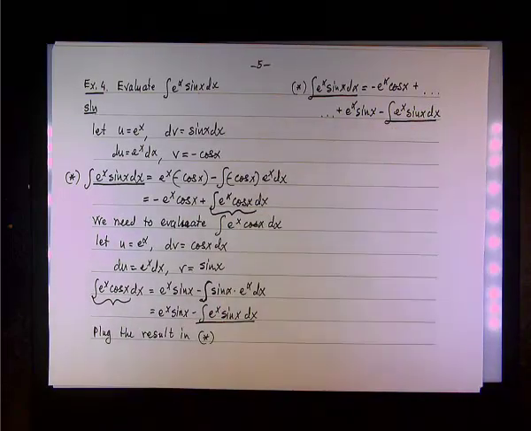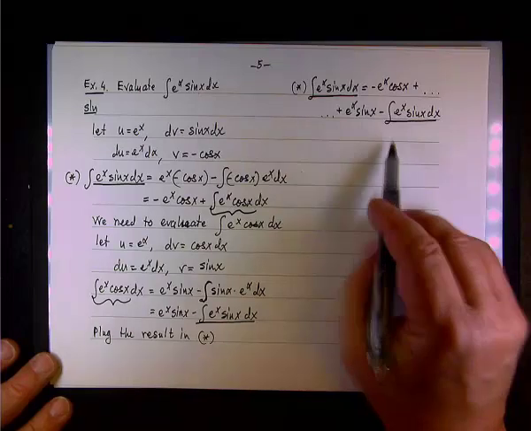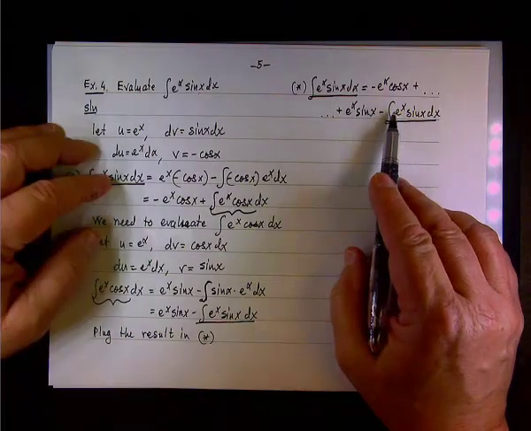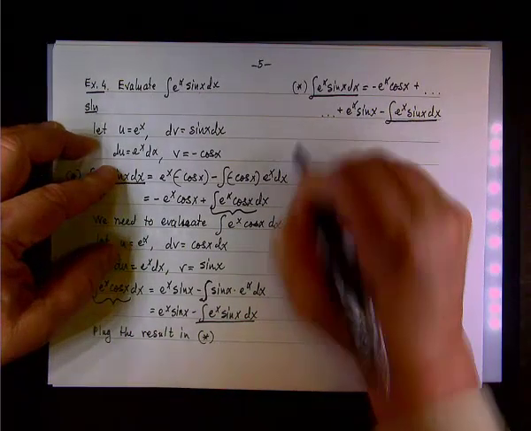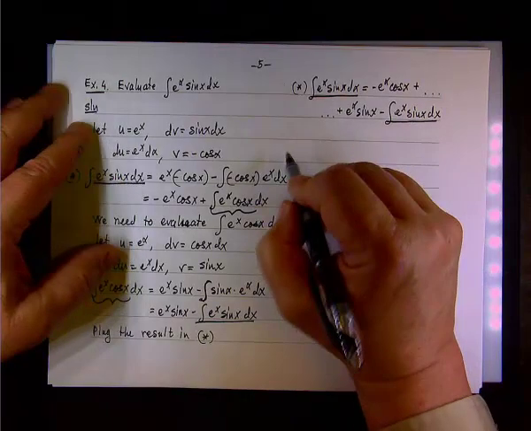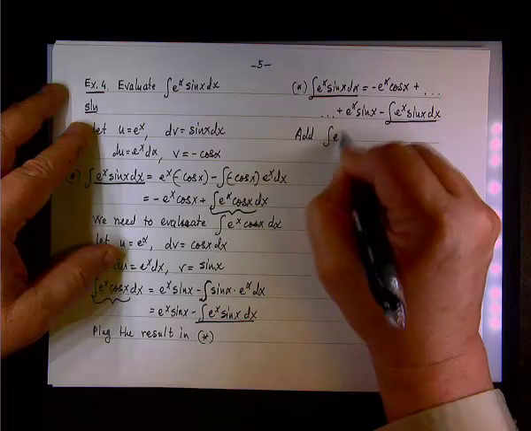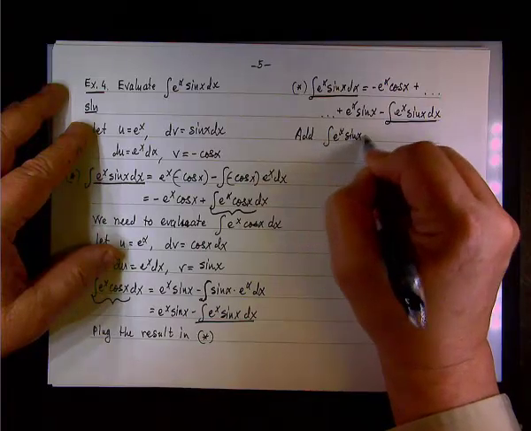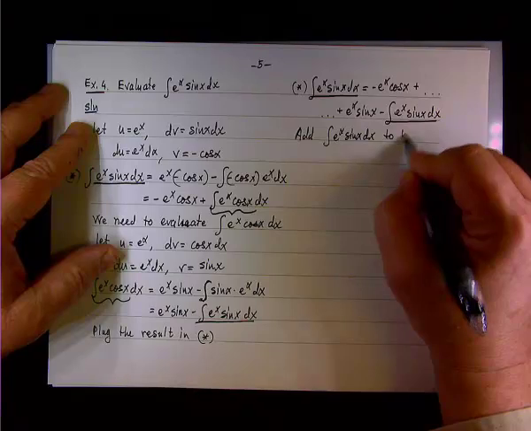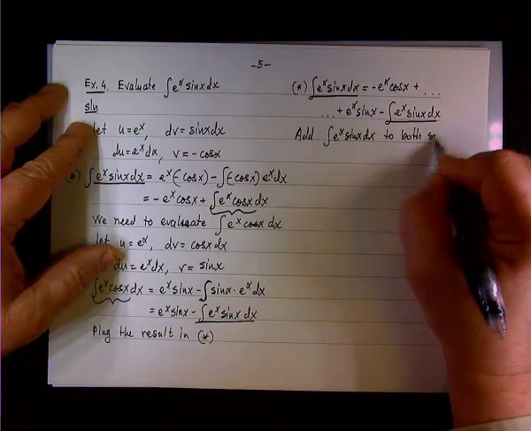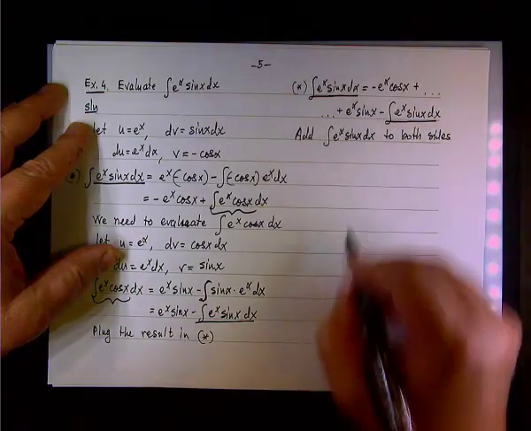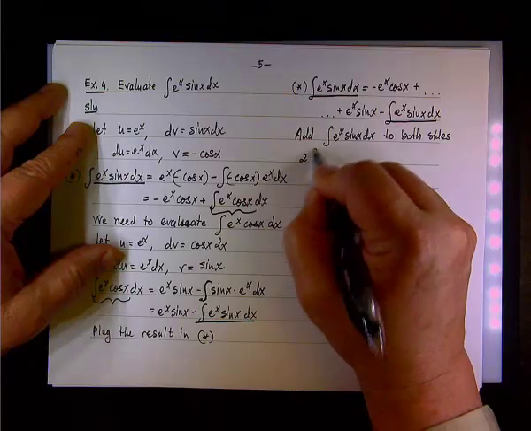Once again, we have this and this on either side of the equation, and one has a negative up front. So we add this integral to both sides. Add the integral of e to the x sine x dx to both sides